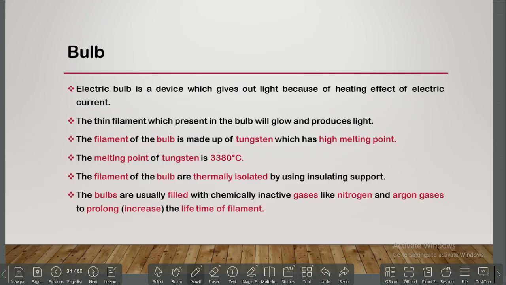The first one is the bulb. Generally, a bulb will glow whenever electric current passes through it. Which part of the bulb glows? Only the thin filament glows, and the thin filament is made up of tungsten, which has a high melting point. One of the important 2-mark questions: why is the filament of the incandescent bulb made up of tungsten? The reason is that tungsten has a high melting point, and the melting point of tungsten is